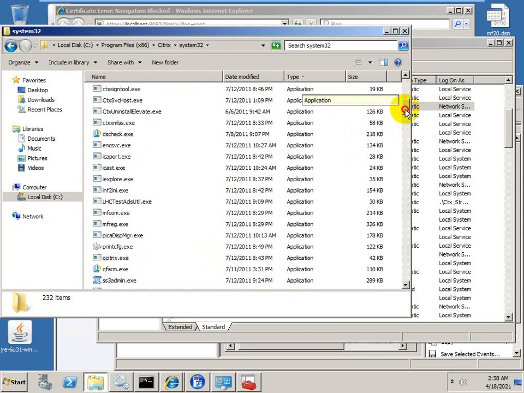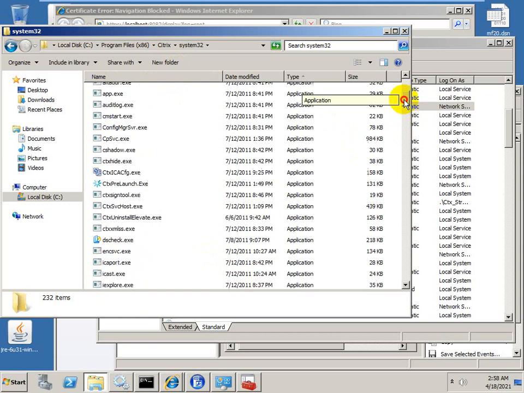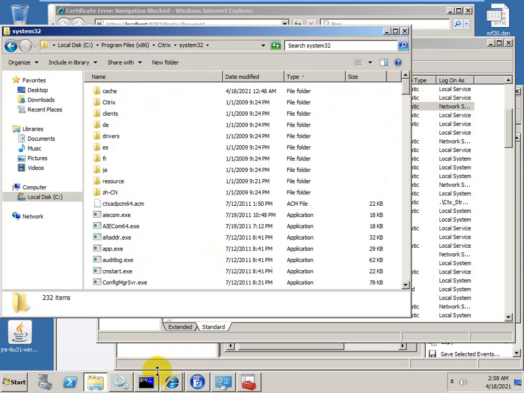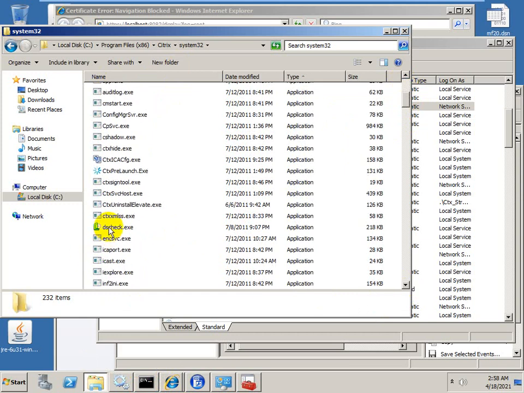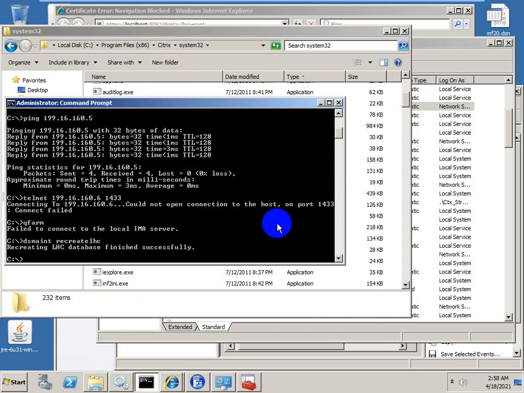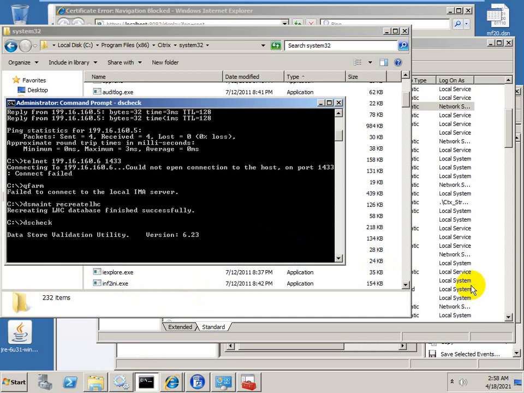So I will share all the commands list for 6.5 by the end of today. Like suppose I want to check the data store, DSCHPC is the data store validation utility version 6.2.3. Let it run.